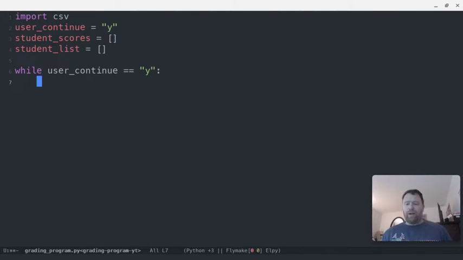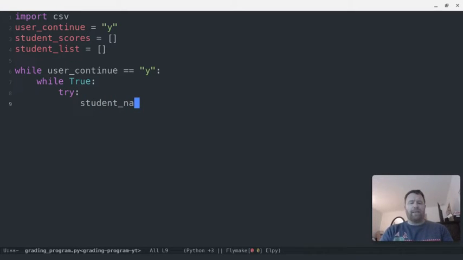Well, now we're going to run a bunch of statements, right? And within those statements, I'm going to have another while loop. The reason being is I want to take their grade as an integer. And if they don't enter an integer, I want to throw an exception. Okay, so I'm going to handle this with the while loop. I'm going to start with while True. We're going to try